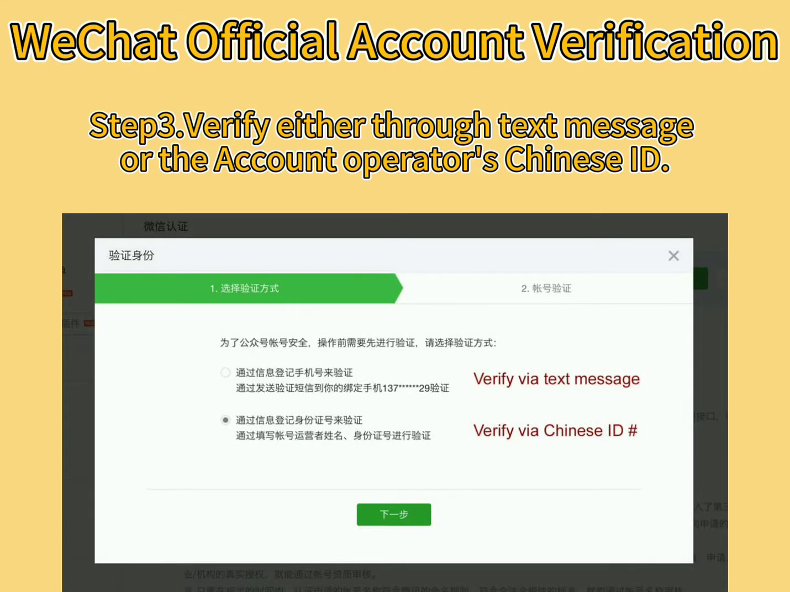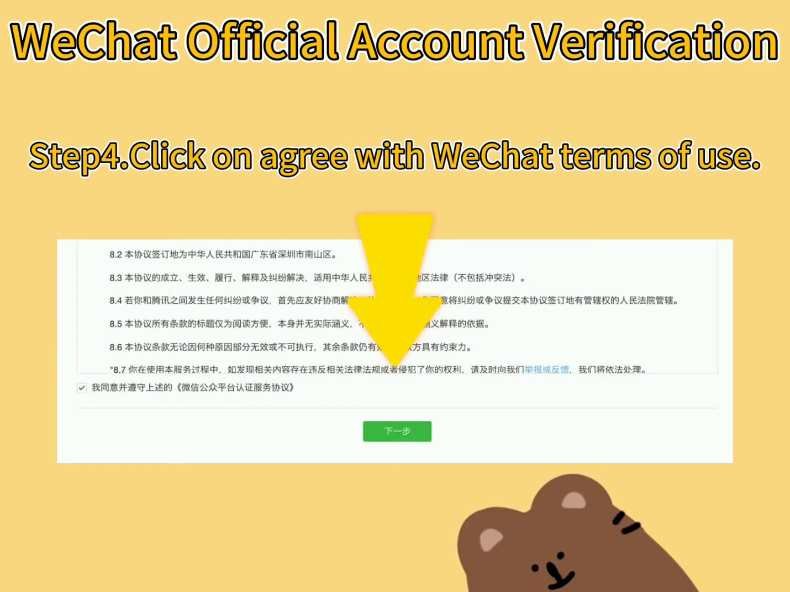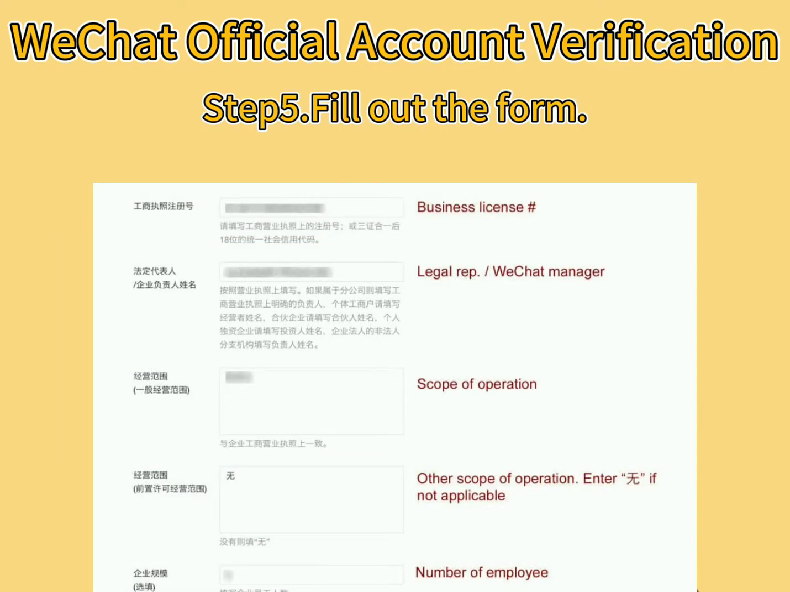Step 3 is to verify either through text message or the account operator's Chinese ID. After that, the company needs to click on the green button, then go to the next step. Step 4 is that the company needs to click on agree with the WeChat terms of use. Step 5 is to fill out the form, which includes the business license and the WeChat manager and the scope